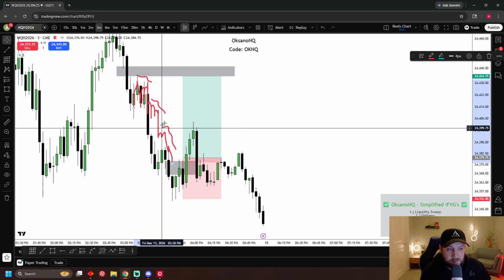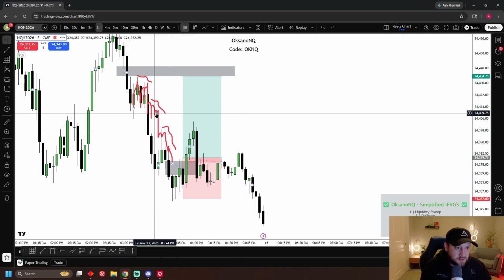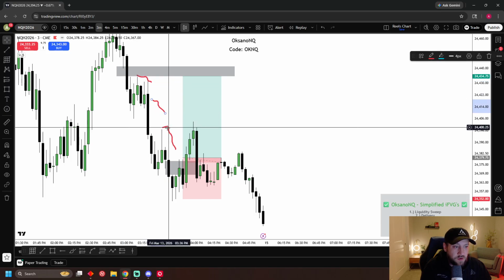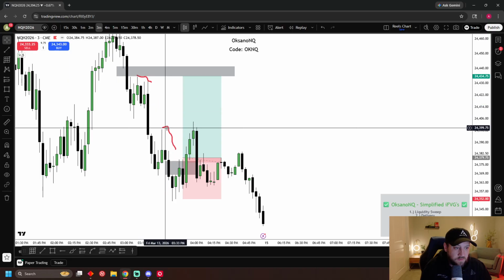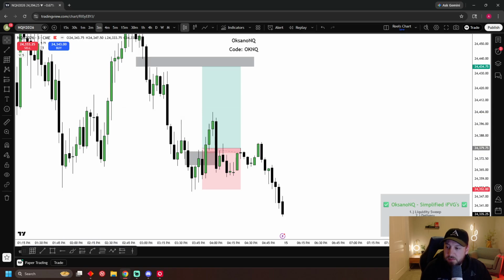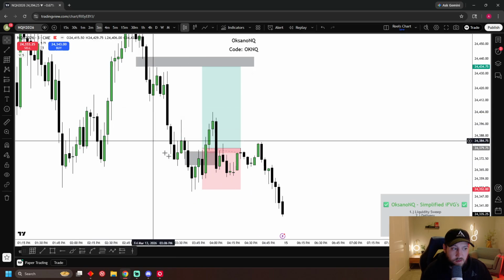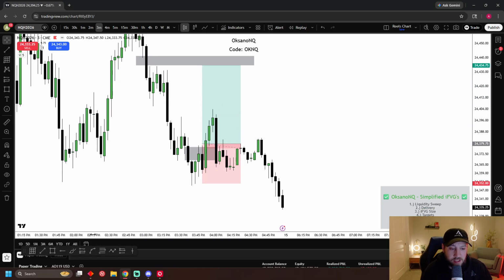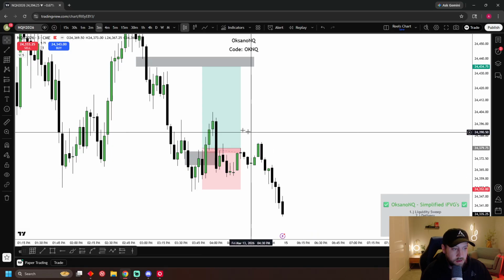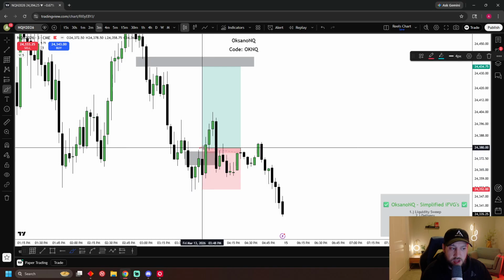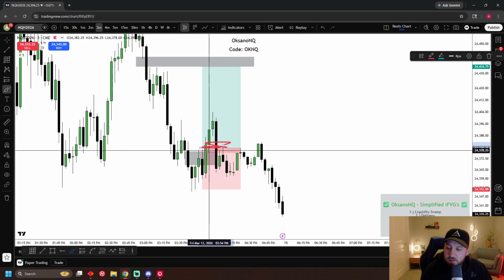But with these gaps, when I see these gaps, I have no choice but to go break even when we sweep that first swing high. Just simply based on liquidity, right? So if we are going to keep going and push up through this gap, that's great. But if we sweep this high and get a bearish reaction and it wants to reject, there's no way you can't not be break even here, right?